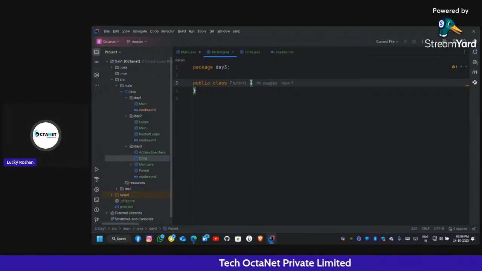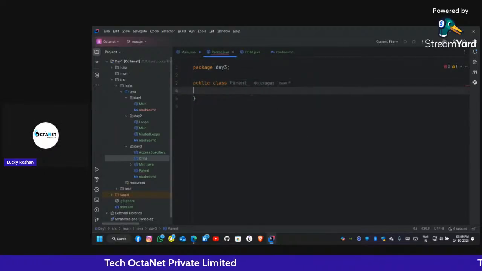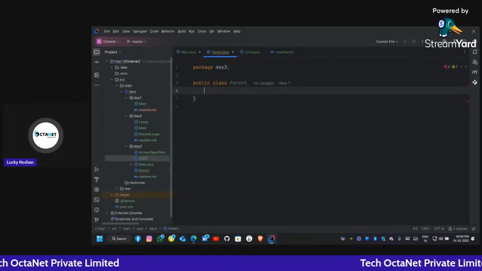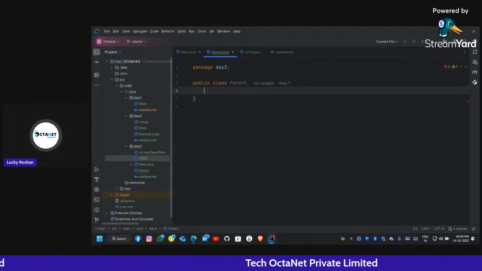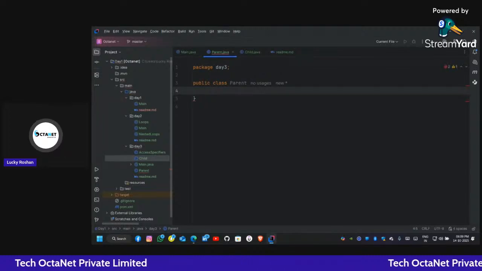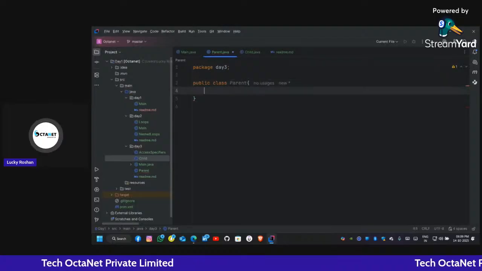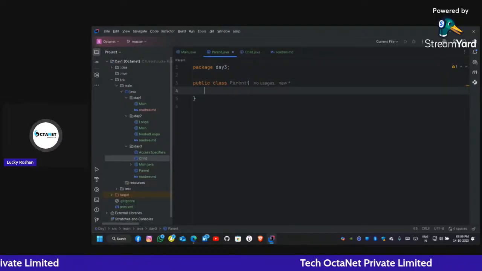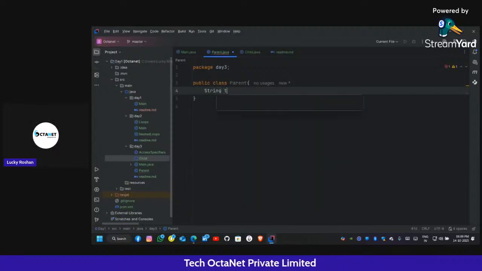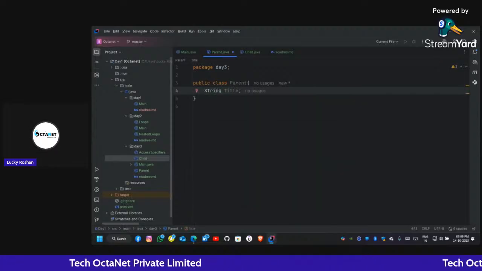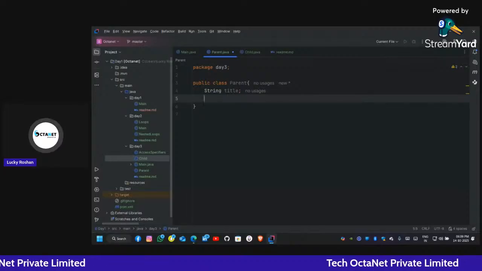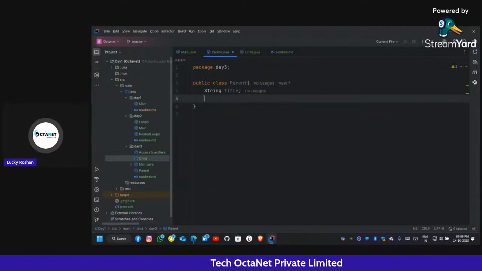Now we have to work in the parent class. We don't need a main method as this is only a class. So we need the properties and attributes. You tell me, what is the common thing between you and your parent? The first thing, I guess, should be your title, because your surname must be derived from your parent's name. So let's write a string title, your title or your surname. And what more? Your parents' money, of course, your parents' money is your money. So let's take int money.